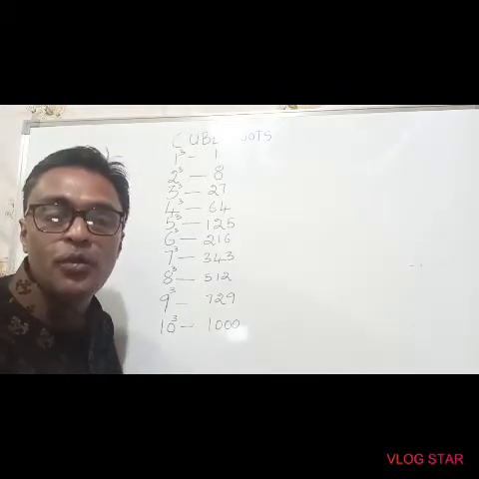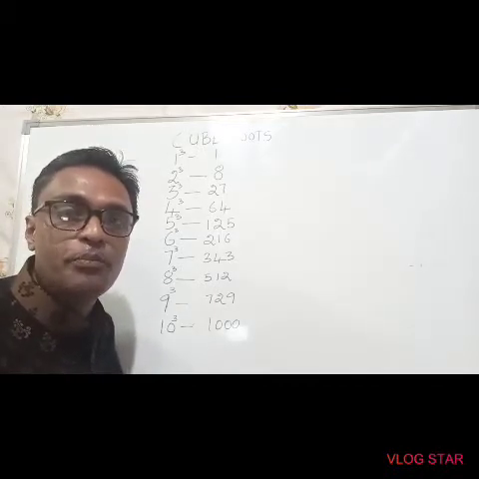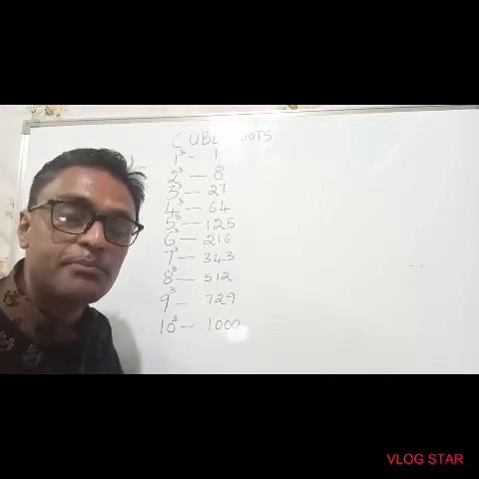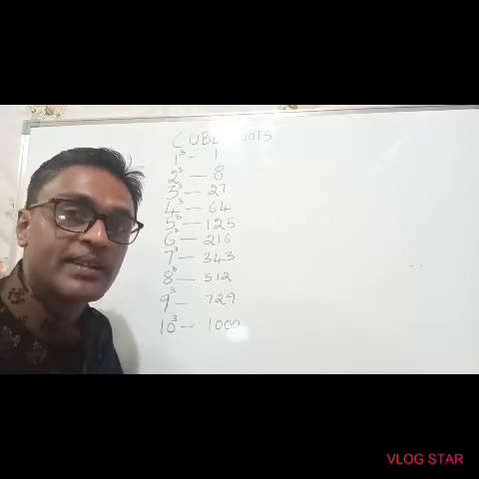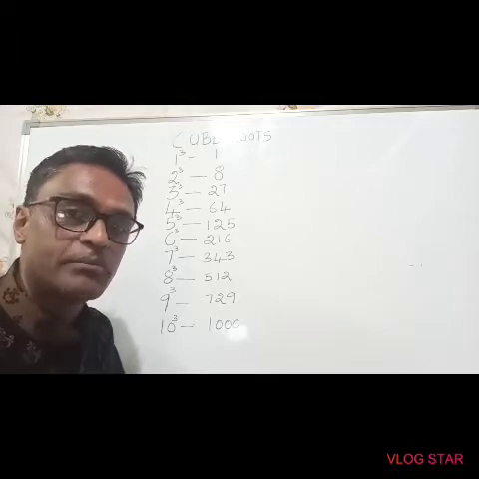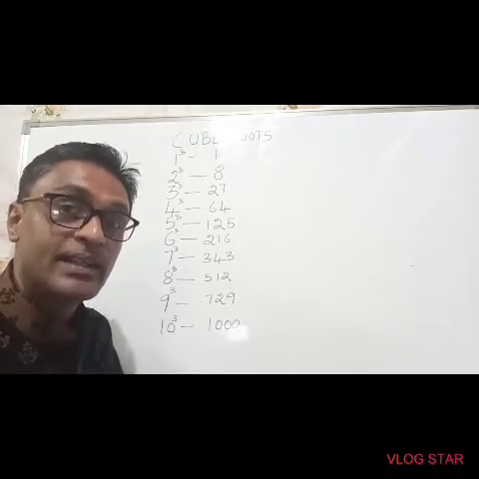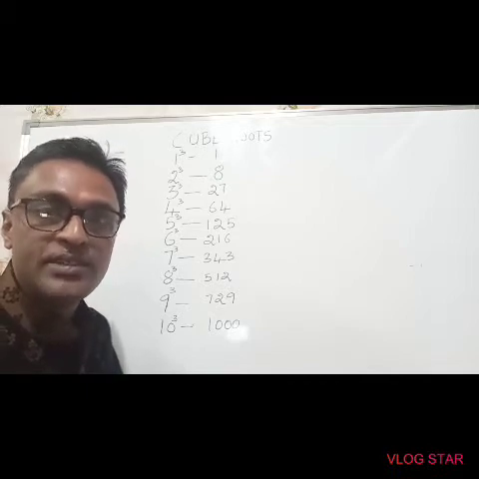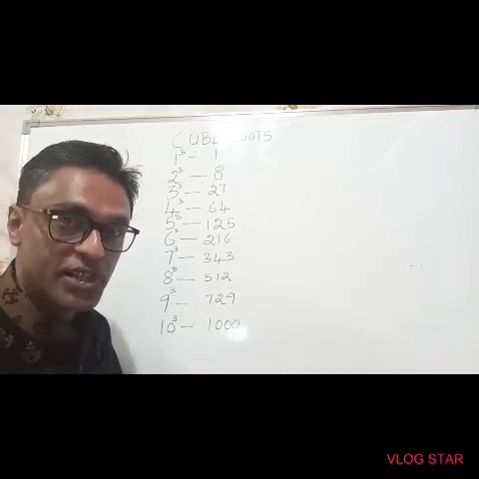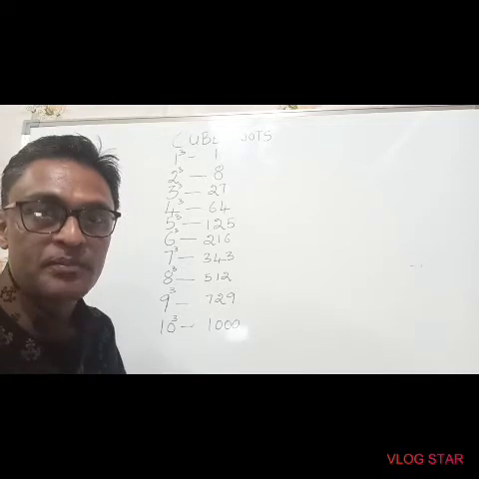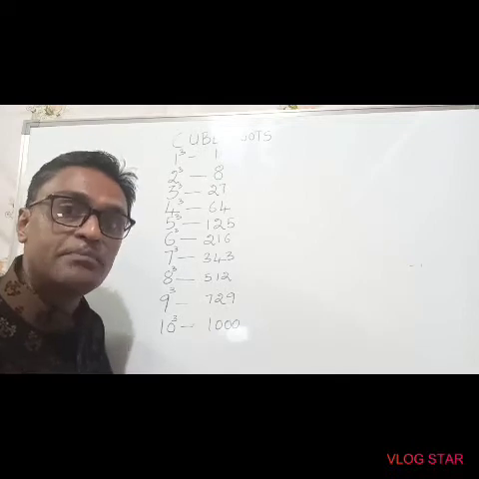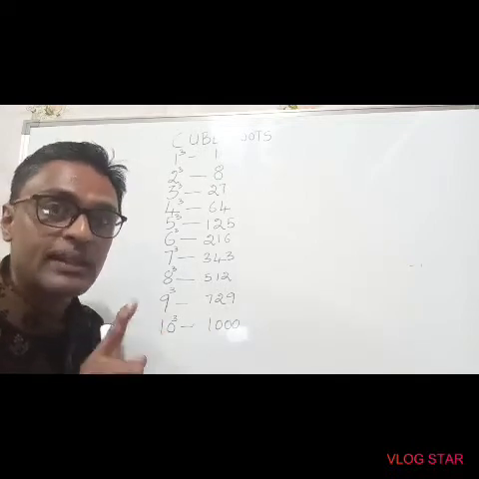In this video, I'm going to show you how to find the cube roots of perfect numbers. There are two types of numbers: perfect numbers and imperfect numbers. In cube roots of perfect numbers, you will not get decimal answers. But in cube roots of imperfect numbers, you will get decimal values in answers. Usually in school, we don't calculate cube roots of imperfect numbers. Usually it is used only in research and in practical applications of mathematics. So here we will learn only the cube roots of perfect numbers.